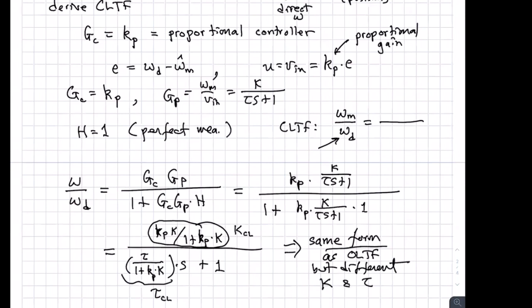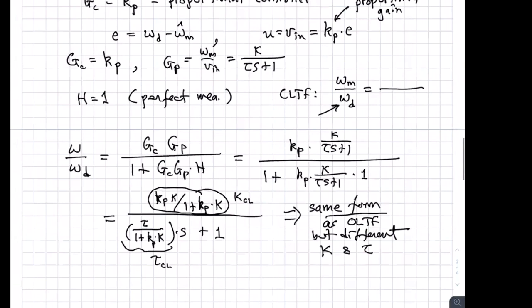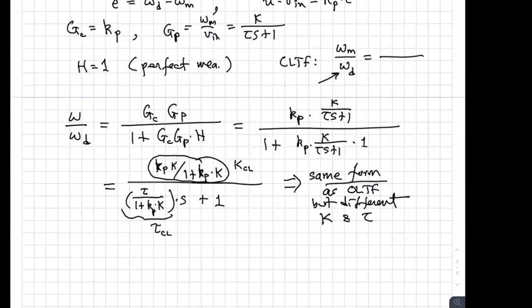In fact, you should find that the tau is smaller, so the system can react faster. And you've also changed this from an open loop system to an error feedback control system, where now you can specify a desired omega, and it'll try to achieve that through omega m. And if you look at the steady state value here,